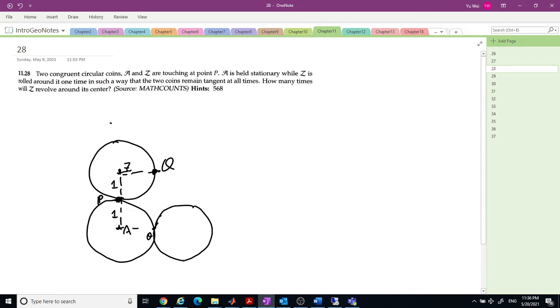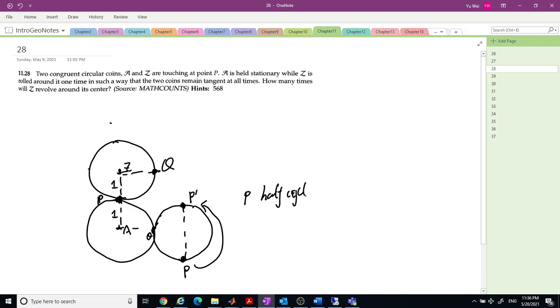The Q will be here, okay? And the P will go to here. The P will go to this point, right? This is the P prime. So you can see after this moving, because the whole circle is moving to here, right? If we didn't move, we would touch this point. So you can see the point of the P from the bottom is traveling to the top. So the P travels a half circle,